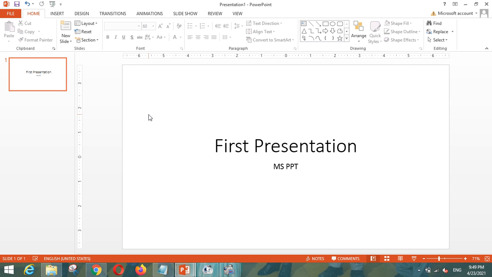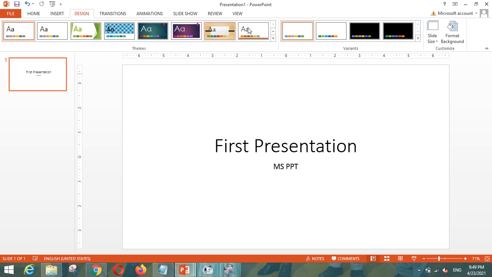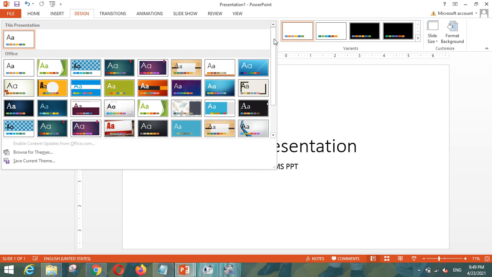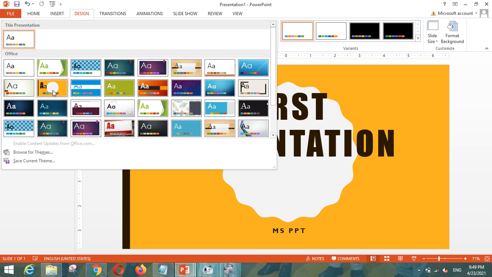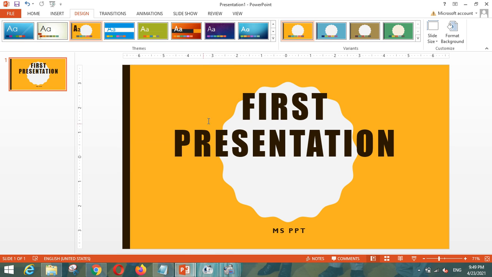So now we will see what designs are available to us which are pre-loaded into your Microsoft PowerPoint, so that we can directly use and showcase our content in a beautiful manner. So next to the insert tab there is an option design. So in design you can see there are many options again. So suppose I select this one.